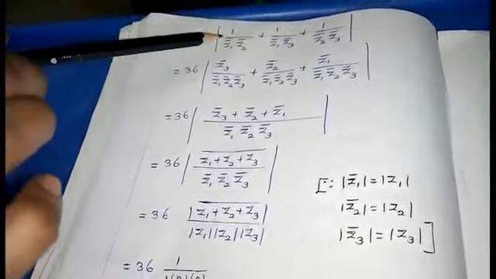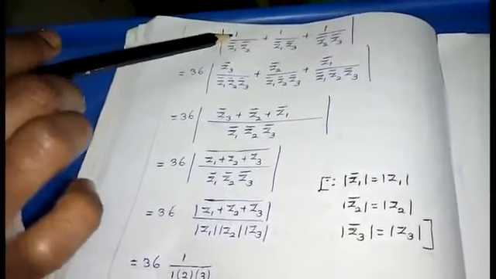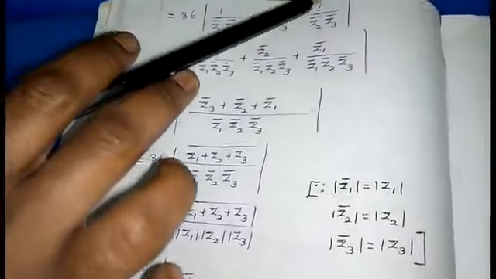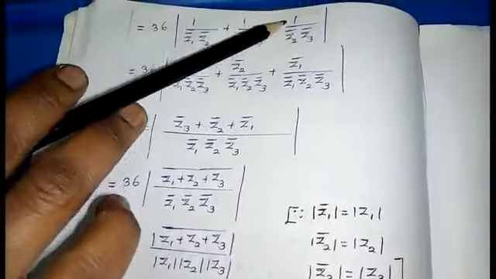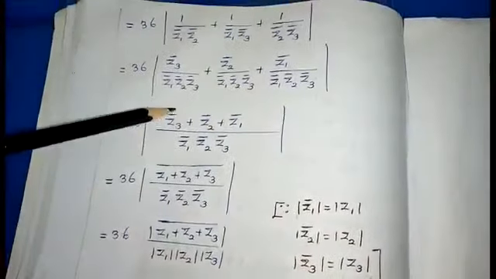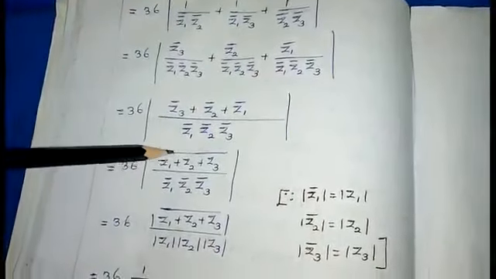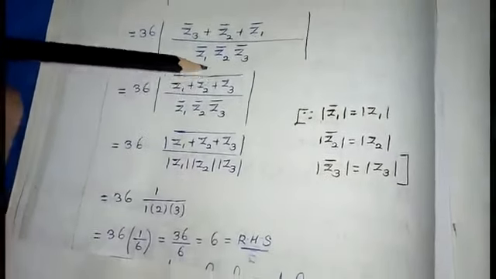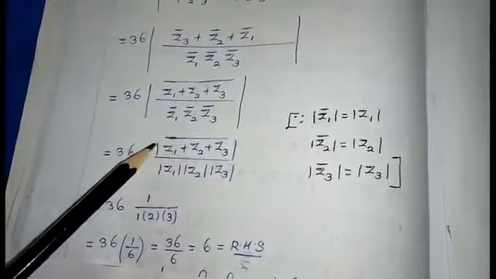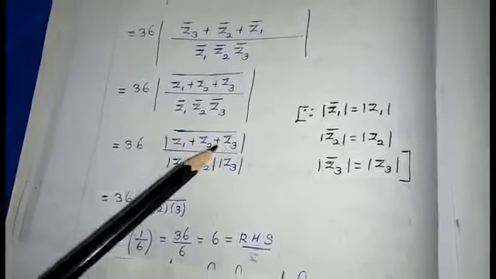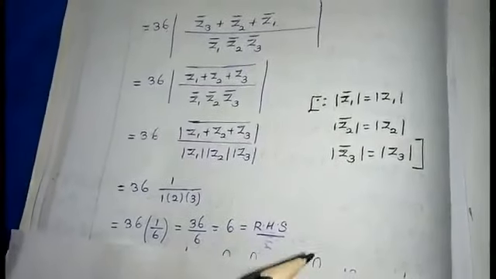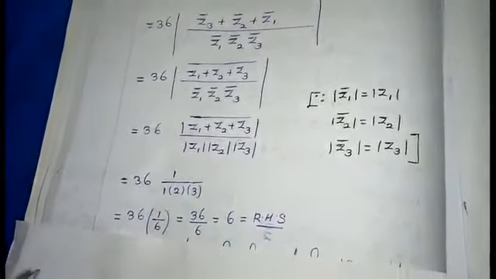You are going to make the denominator same. That is, I am going to divide and multiply by z3 bar, z2 bar and z1 bar to adjust in such a way to get the denominator value like this. After that, you are going to do the simplification. You are going to apply the properties. After applying the property, I am going to substitute the value which is given in your question, that is modulus of z1 plus z2 plus z3 equal to 1 and the respective values. Finally, you will get the answer as 6, which is the required answer in your right hand side part.